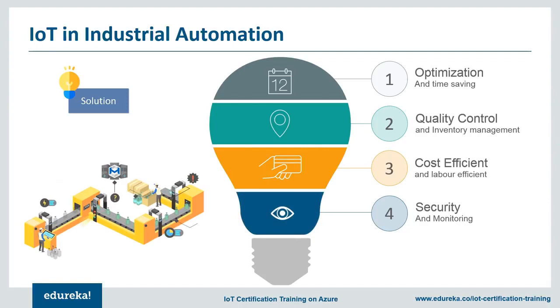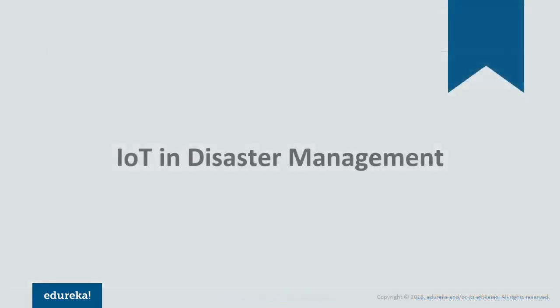You can monitor the supply chain in real time while keeping an eye on your inventories. With IoT applications, one could even re-engineer products and their packaging to deliver better performance in both cost and customer experience. So this brings me to the final application for today, that is disaster management.